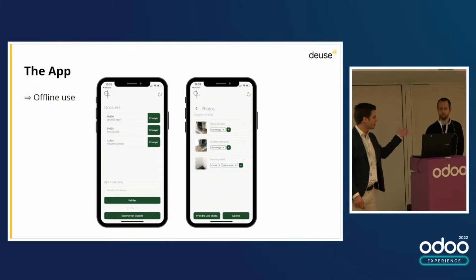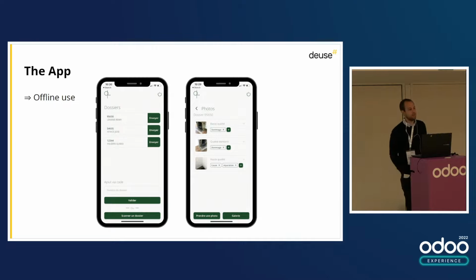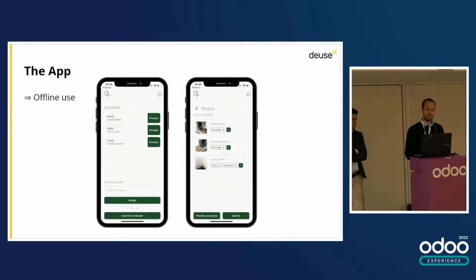So now I let Thibaut explain to you how we made it work technically. Thank you, Julien. Now let's get into the actual solution that we ended up building for this company. This is a simple app on which